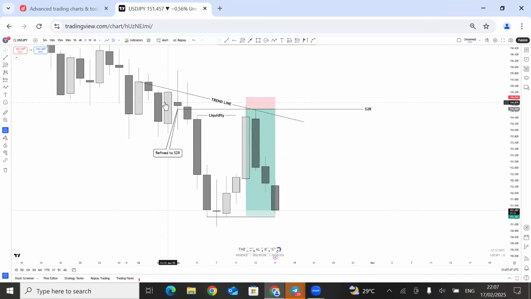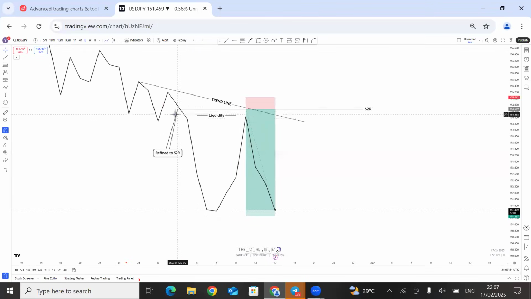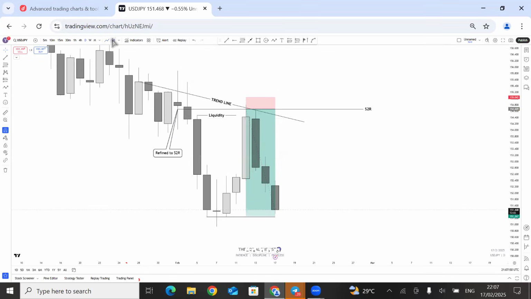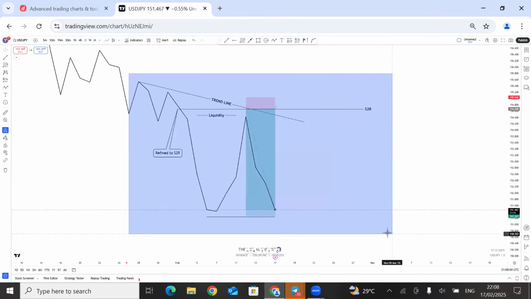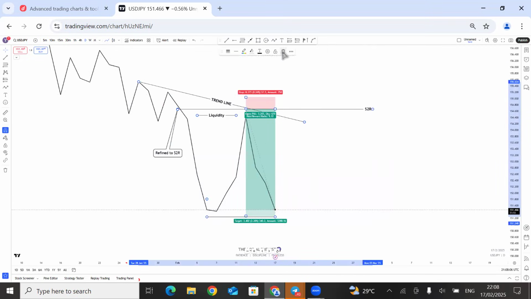Let's see. I use an open close here. Oh, this one. Okay, yeah. Something like this. Let's take this off. This thing hasn't reached my TP yet. Let's take everything off here. Then I'm going to miss it.